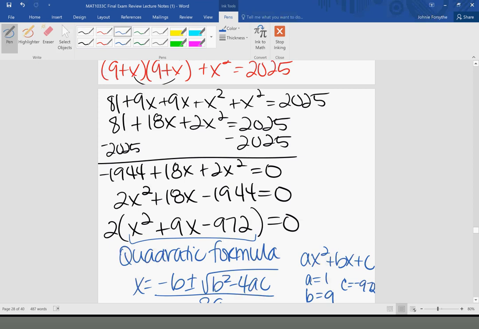Negative b plus the square root b squared minus 4 times a times